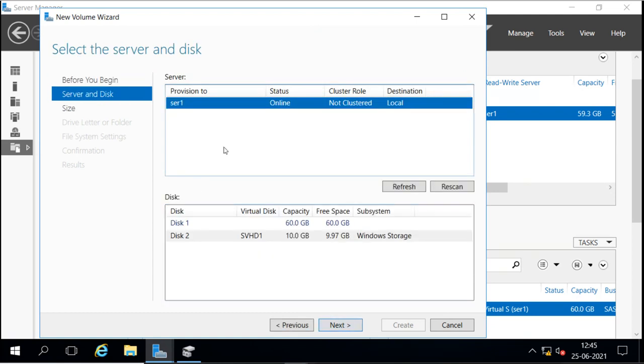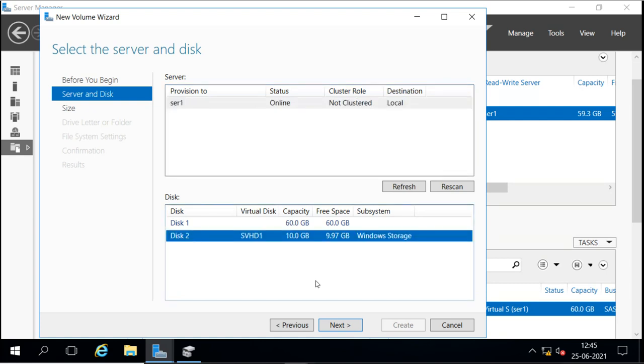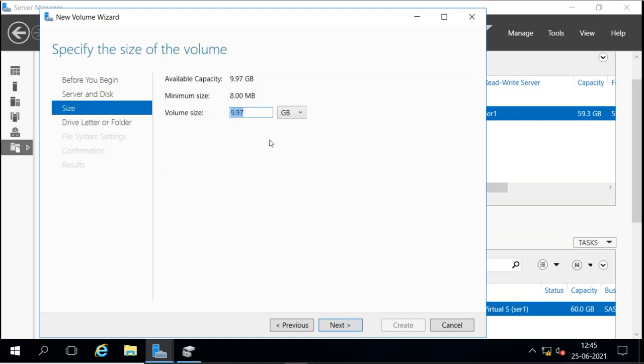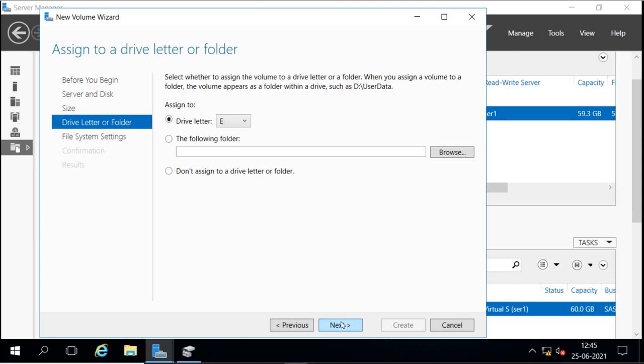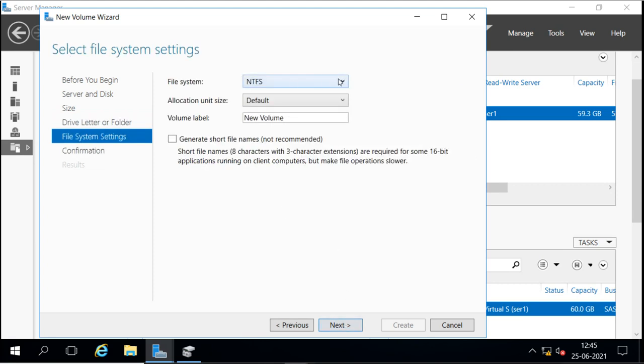Now we can create a simple volume like we normally do. This is the disk I am creating the volume on. Next, the size: let's say I want 5 GB only. E drive, file system type, and generate short file names, which is not recommended, so we will not select that.